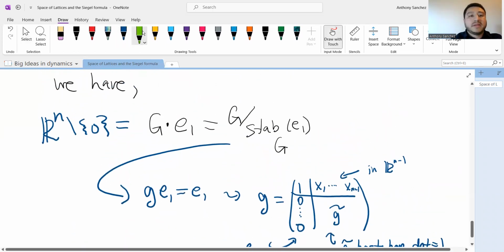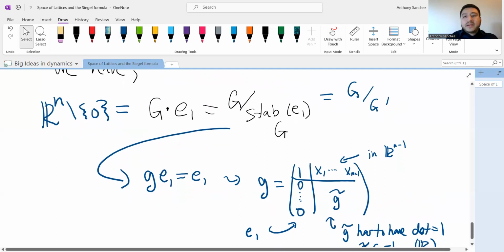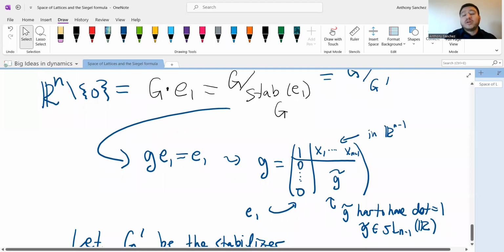Now I can think about this as nothing more than G mod G prime, right? So this quotient right here, G mod G prime, looks relatively unmotivated right now. And it's very nice that we have this form for it. I'll talk about this very shortly, but this form for it means that G prime is nothing other than the